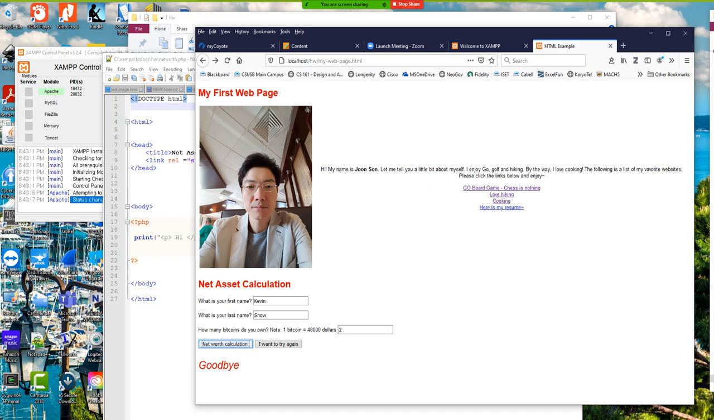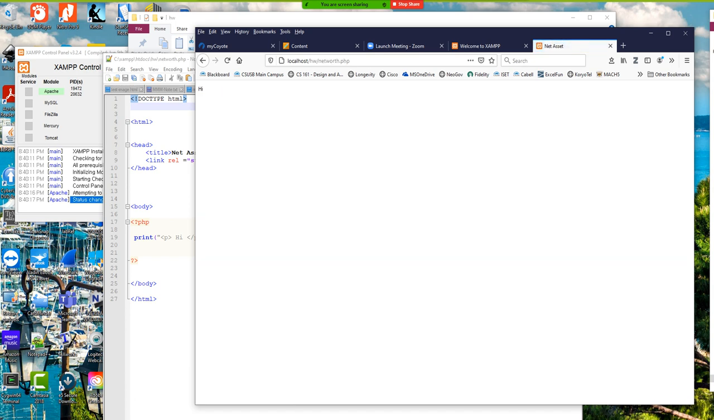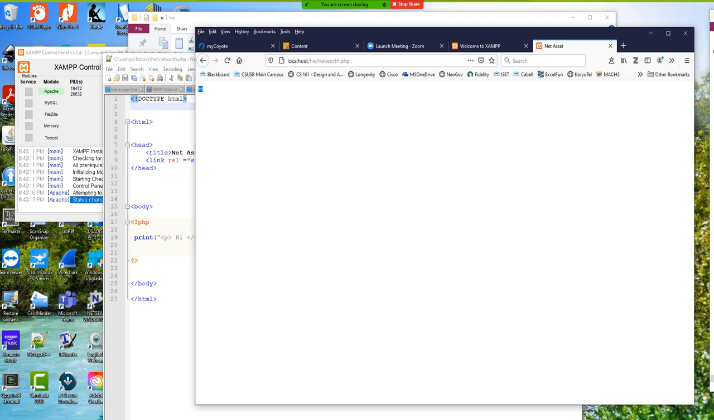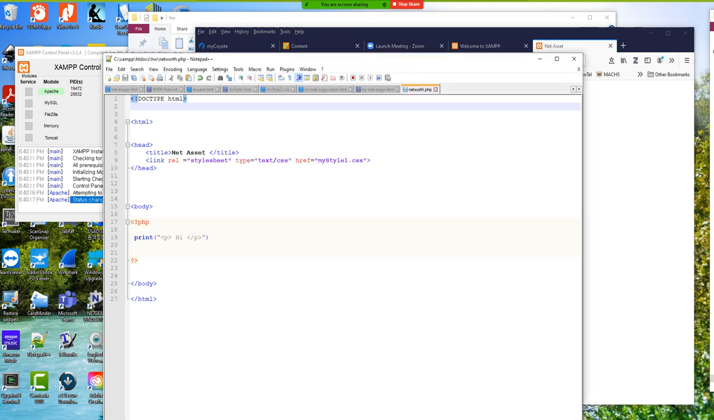Let's say calculate net worth. You see that high, right? So now I know that at this point my PHP is actually properly executed by the XAMPP web server. Any questions up to this point? Maybe we can just try one more. Let's say print,